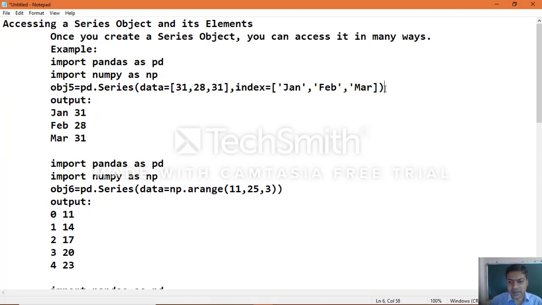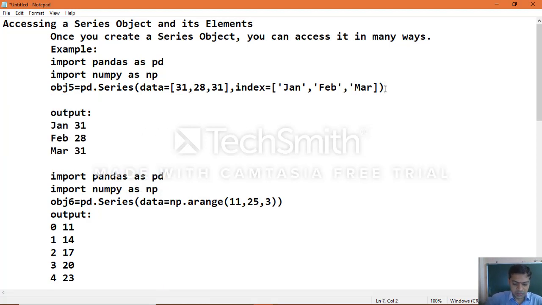We didn't print the output here, so print obj5, then we'll get the output. Here fib means 28, which you get as the output the moment you apply obj5 of fib; the index you specify gives the value 28.